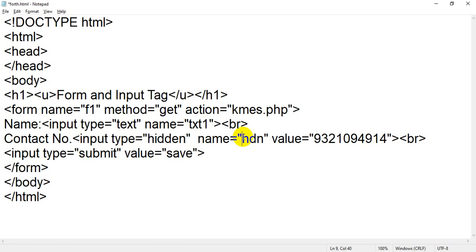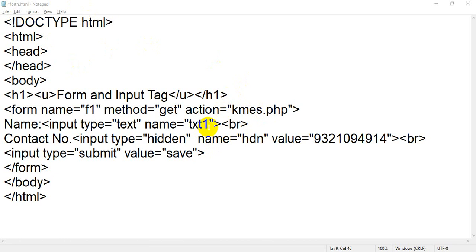Because when you transfer data from your form to your destination page, your page name is fourth.html and your destination page is kms.php.